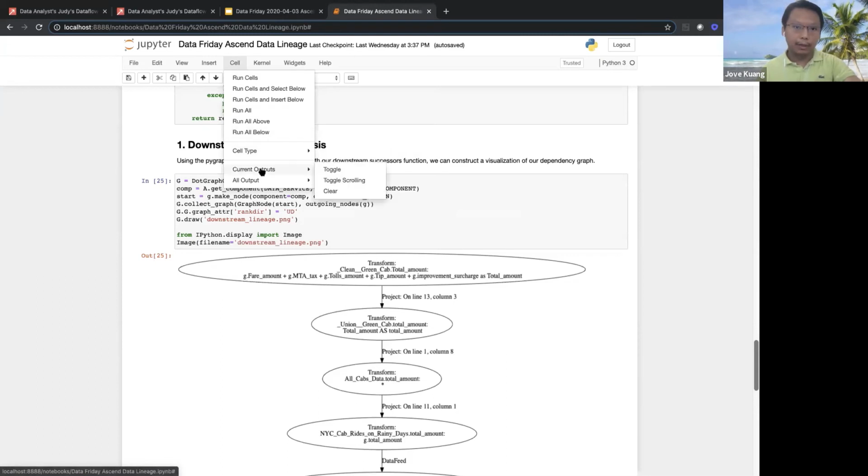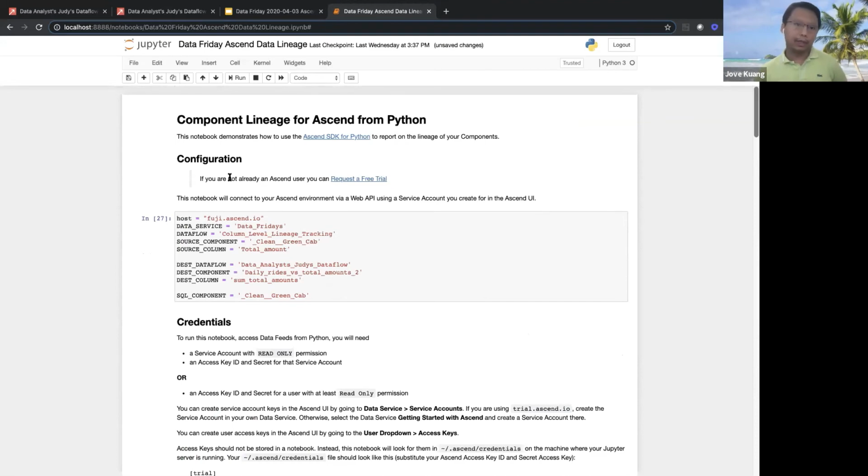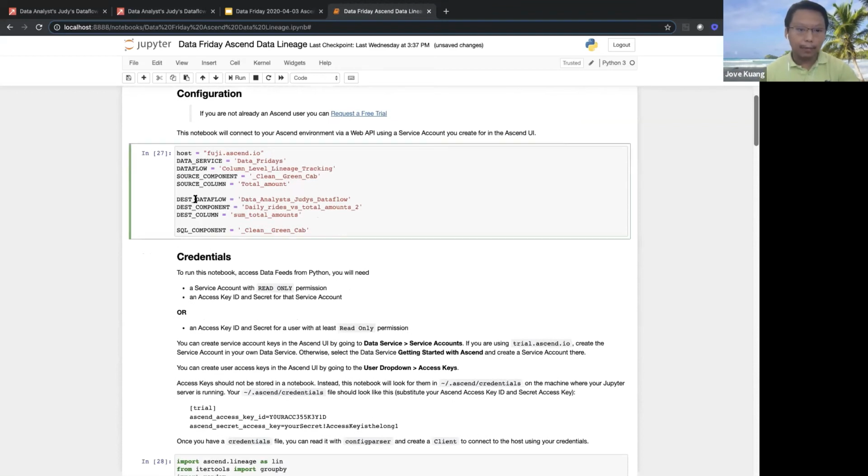The data lineage is exposed through an API, and we created this Jupyter notebook to connect to the Lineage API. As a data engineer, I'm supporting Judy, right? So she asked me the question, hey, where is my sum total amounts actually getting calculated?